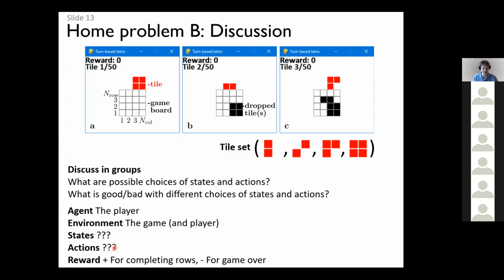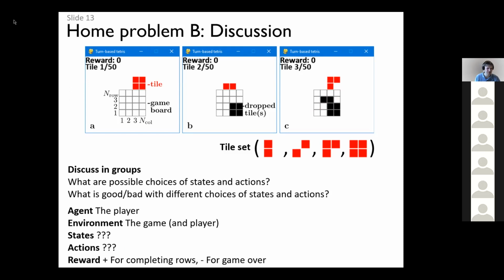Okay, so you had some time to think. If we start with the actions, do you have any suggestions of what are the possible or reasonable actions in this game? Wouldn't that be to choose which rotation you want to drop the tile in? Which orientation? Yes, the orientation of the tile will be important. If you place this tile at this orientation, then we will get an overflow and game over. If we rotate it so it looks like this, we will be able to place it on the game board. So the rotation and to move